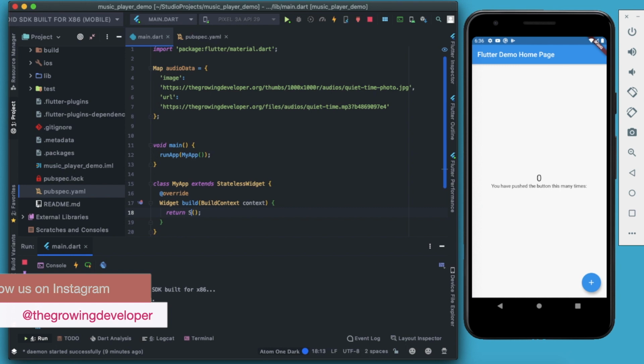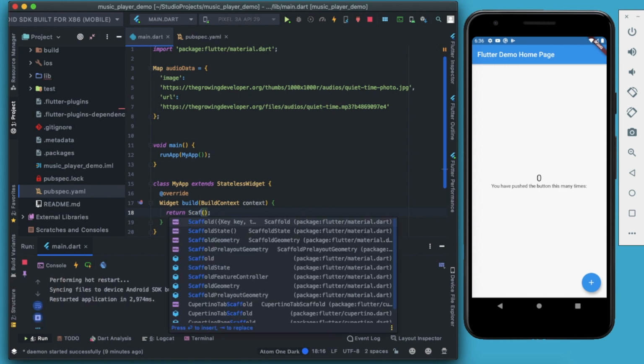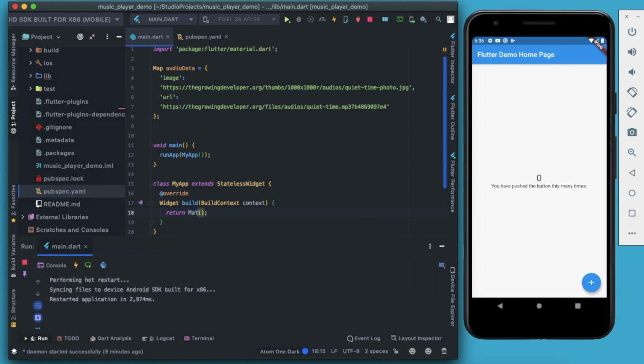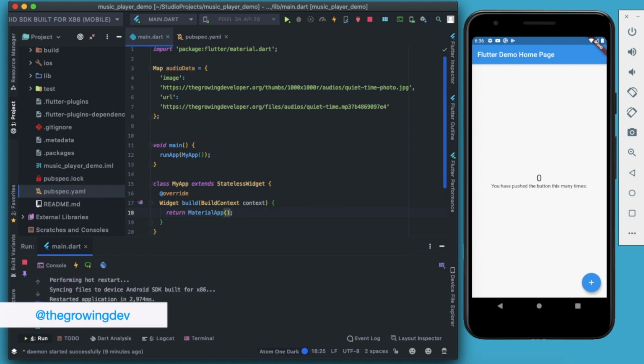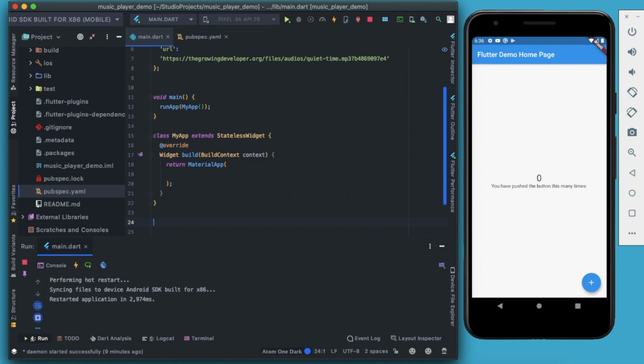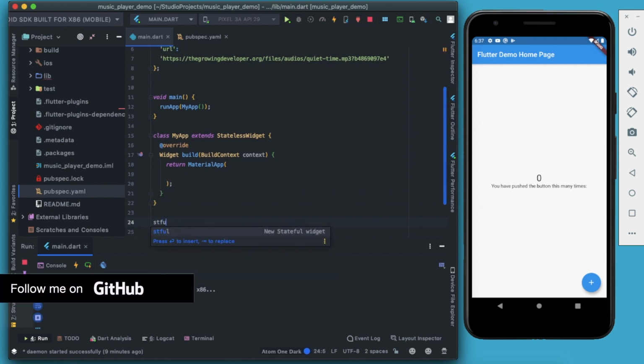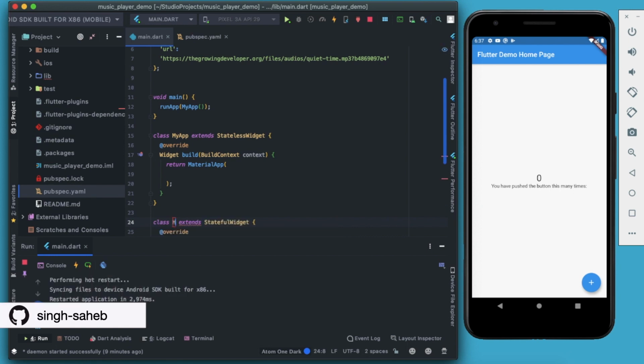Next, inside that I will just return a MaterialApp, and then in the home parameter you can return anything. I would like to have another class for it, a stateful class. Why am I creating a stateful class? Because